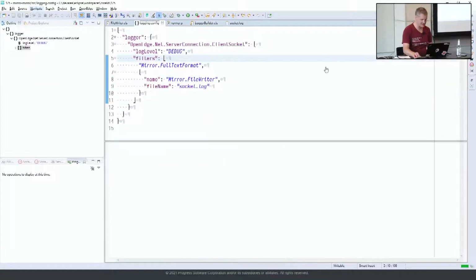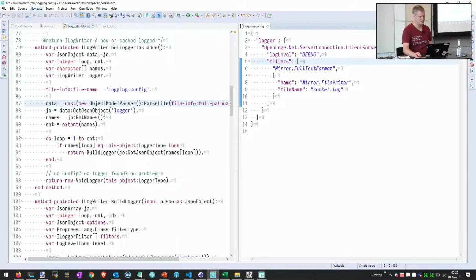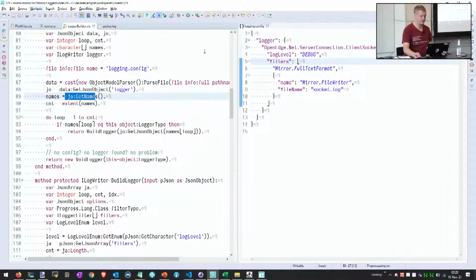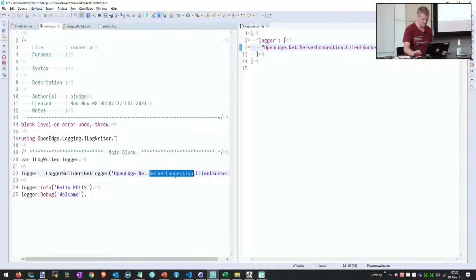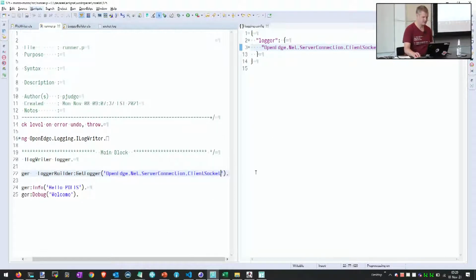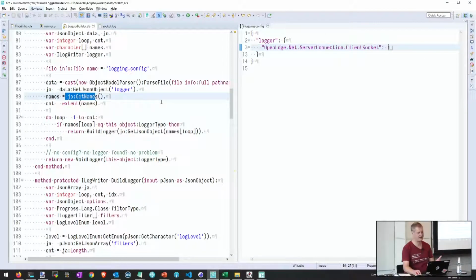I'll put this on the side so we can see it. So we loop through over here. We get all of the names of the properties, this set of properties over here. And if this property name matches what we asked for, then we can read into it, right? So we can just dynamically read it. This is just a simplified example. We don't read the file every time we do a logger, but then we can loop into it.